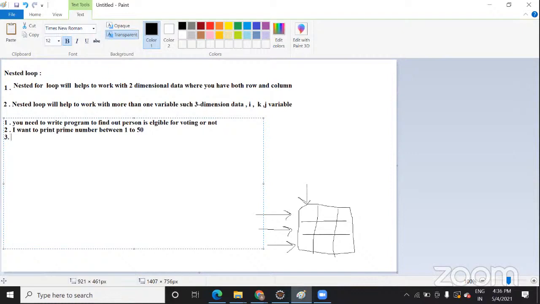And the third is, I want to print, or you can say a Java program to print a pattern, and the pattern can be like this.